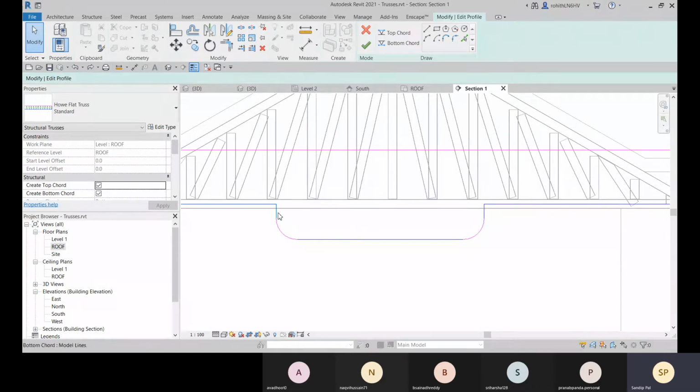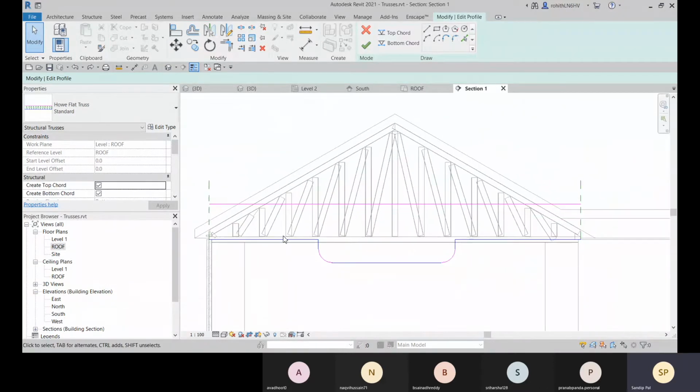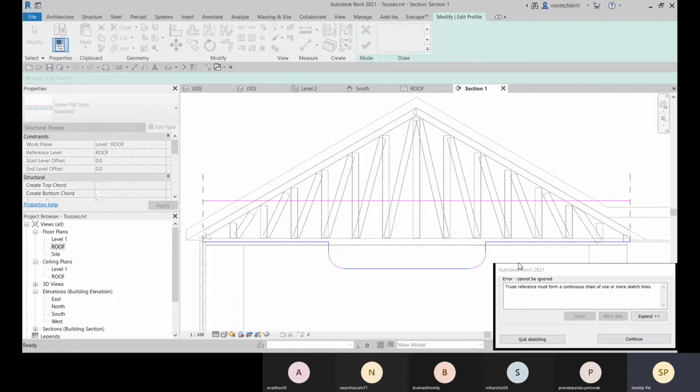So this is the bottom chord. Okay, and if you want to change anything in the top chord also, you can change it. Now let me just show you with this bottom chord. So let's go with this finish.